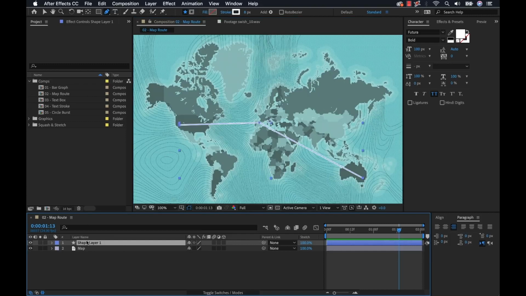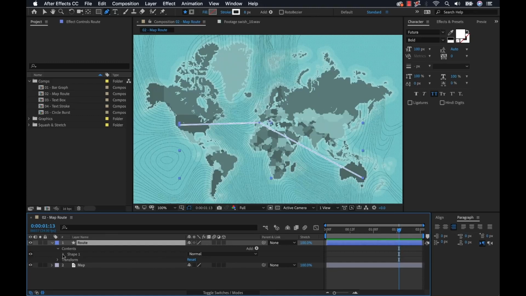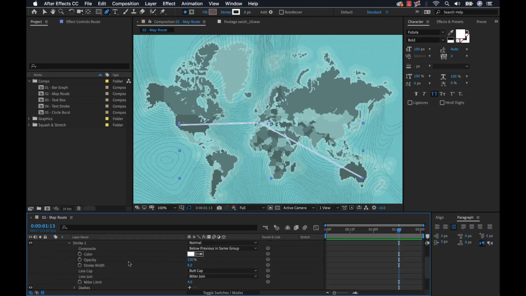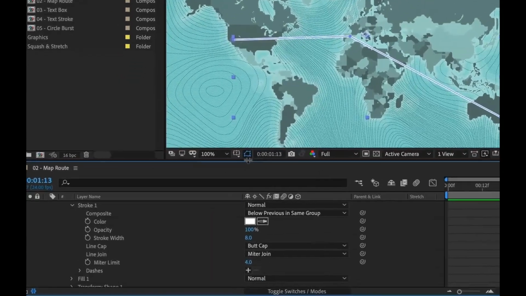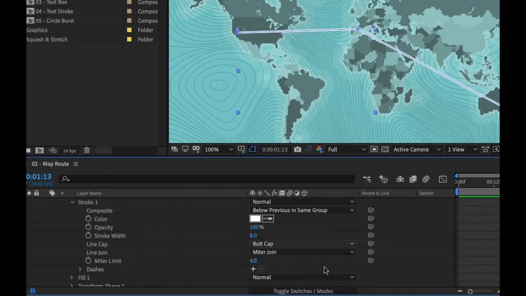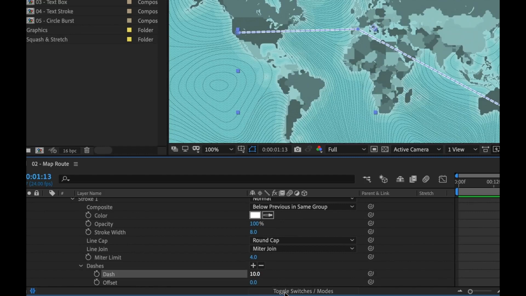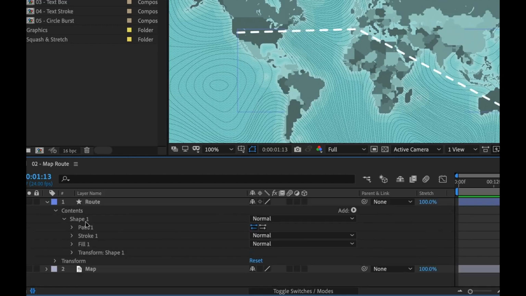Now I'm going to rename this route, and then I'm going to open this up, and we can do a little bit of customization here. Under the shape, I'll open up the stroke, and here I can customize the look of my route. Just some subtle changes. I can change it to a round cap. I can add some dashes and maybe customize those dashes. And now it's as simple as adding that trim paths,